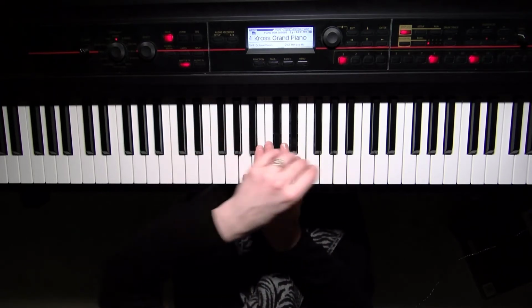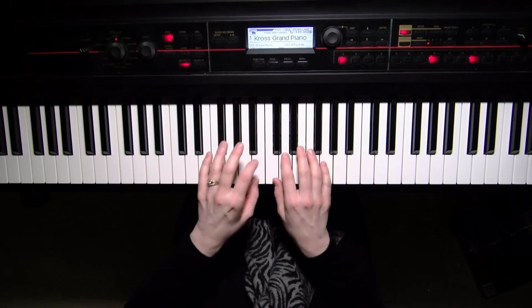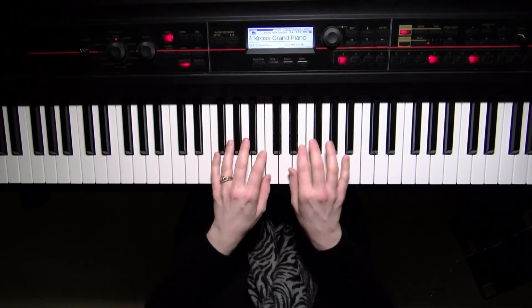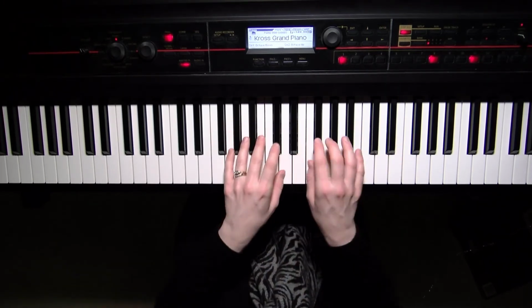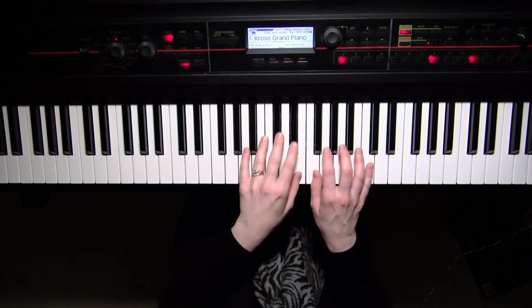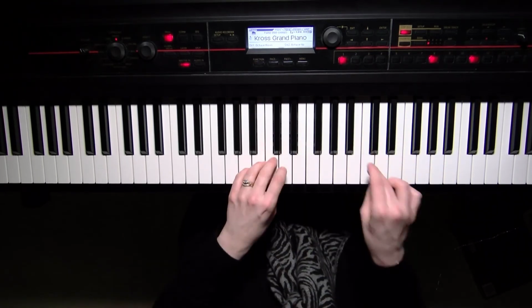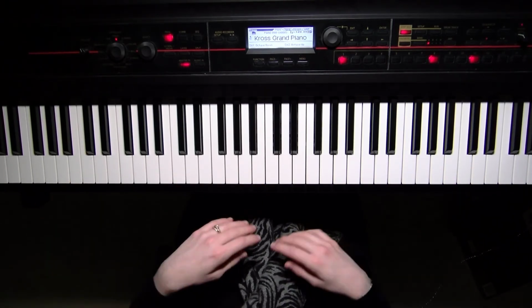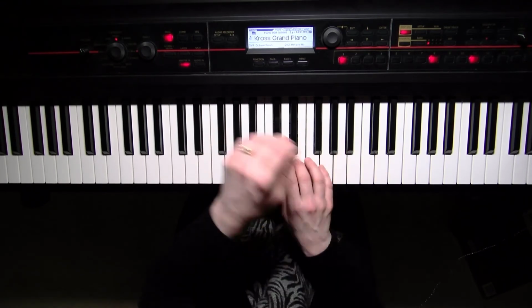Diminuendo there, and crescendoing with the accent, mezzo forte, and crescendo. Feel the excitement building. Fastest tempo possible if you've got that question. Somebody always asks that question. About like that,